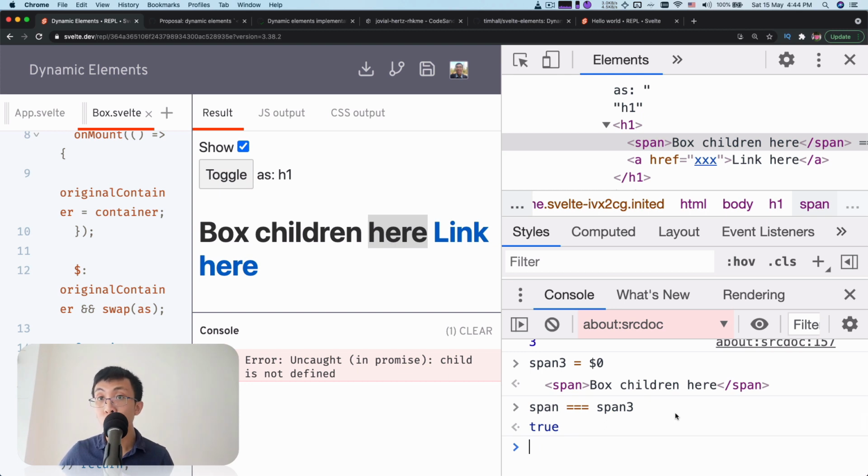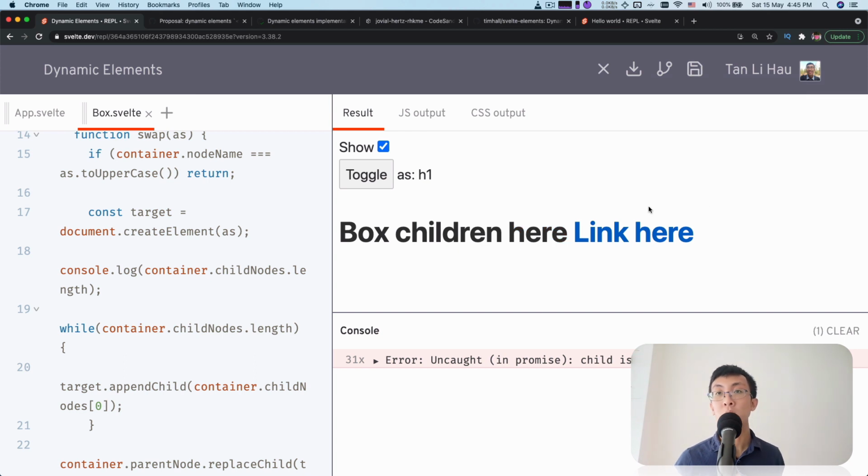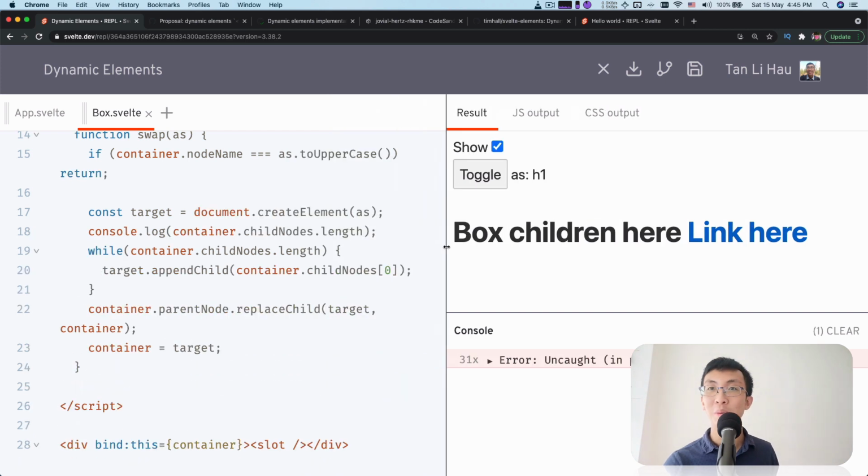Because we move the children over and swap the container out, we didn't really recreate everything, right? So this trick will be useful if you want to do something like a portal, where you want to move elements around. Then probably this video may be helpful for you, right? You never know, you learn something new today, right? So lastly,